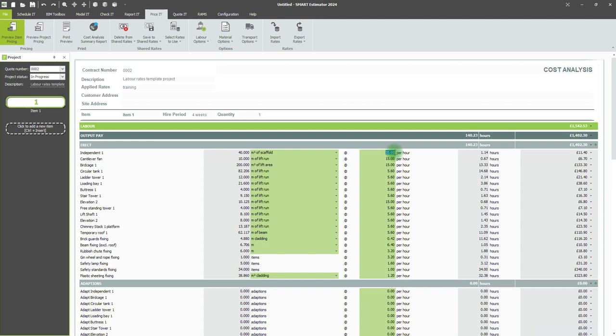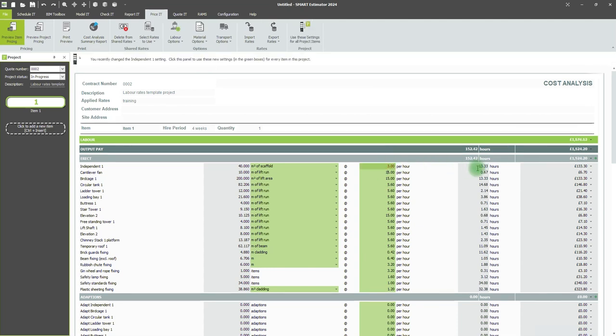So if my 3-man gang can do 9 metres square scaffold per hour, that boils down to about 3 metres per man per hour. So I would put 3 in here, and then that will give me an hourly cost of how long it's going to take to put that up in man hours. So actual time to erect will be a third of that if we're using 3-man gangs,